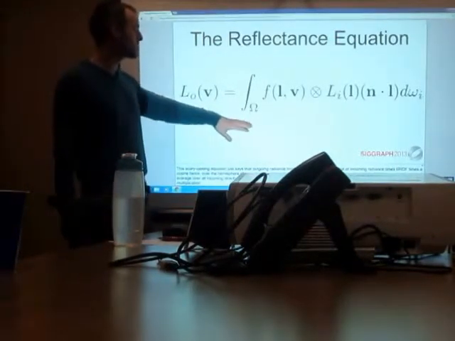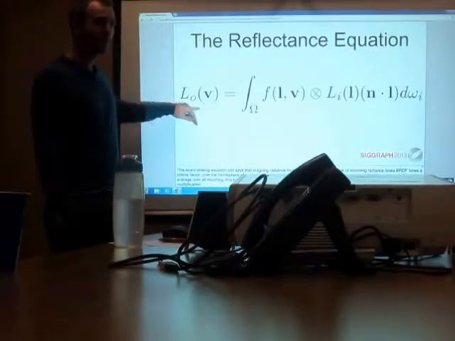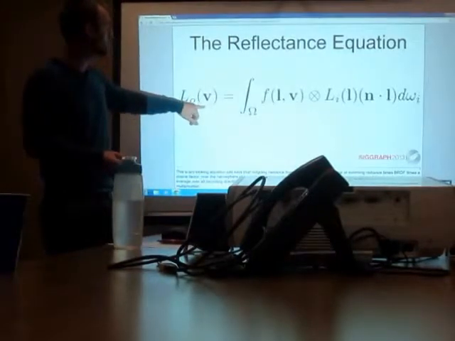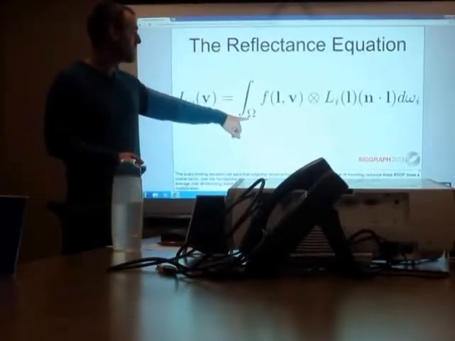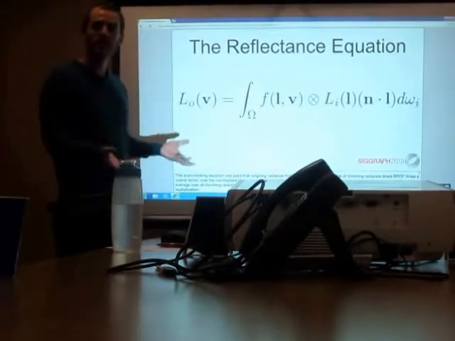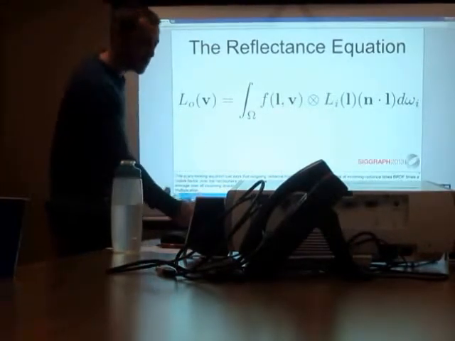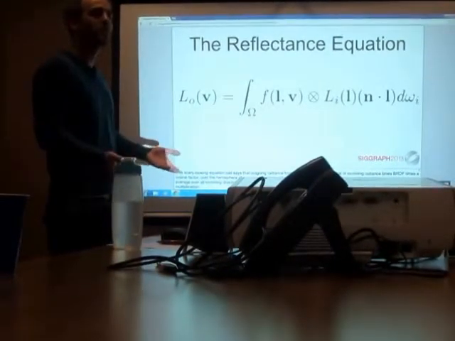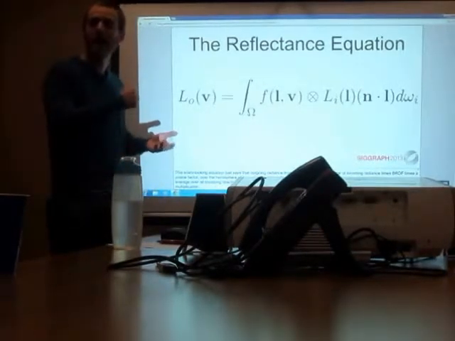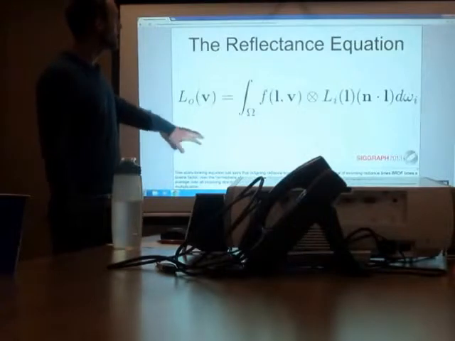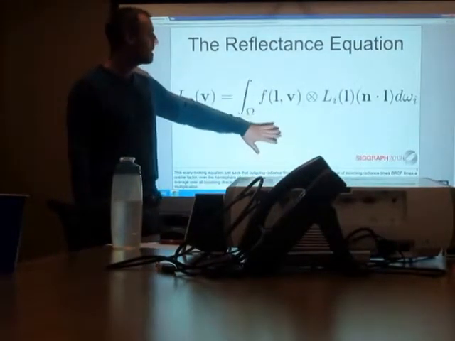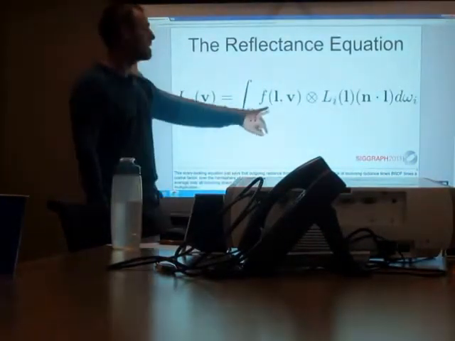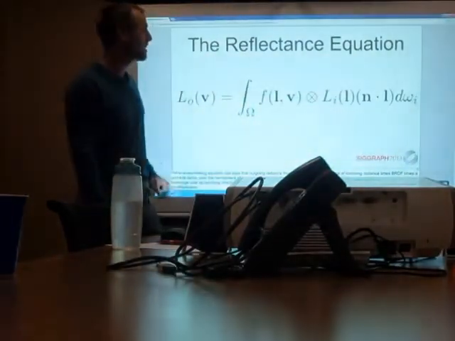But what this means conceptually is that the light that's being emitted in, let's say, the camera direction, so if you're looking at a surface, the light that's coming out towards you is equal to the sum over the hemisphere of that surface, the hemisphere meaning, based on the surface normal, the hemisphere above it, because if it's an opaque surface, the only light you're going to see is the stuff that comes back out on the hemisphere. And so it's equal to the sum of all of the incoming light, which is L sub I, right? This one's L sub O, outgoing light. The incoming light in every direction L,